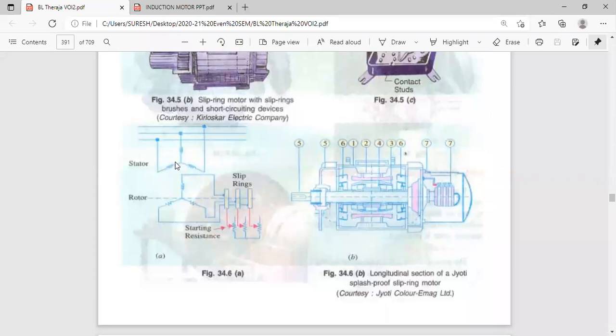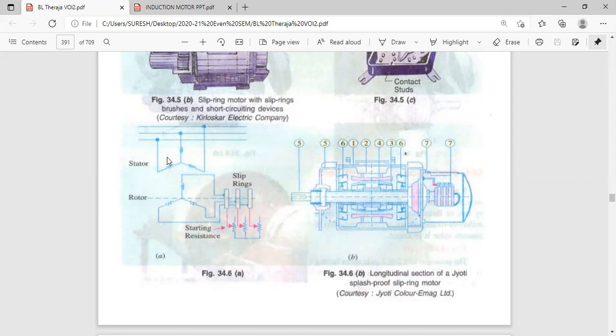Around current I1, phi1 is developed. Around current I2, phi2 is developed. Around current I3, phi3 is developed. Because of these three currents, flux is developed. But rotor winding is not connected to any three-phase supply. Due to mutual induction between the stator and rotor windings, what is the principle? As in a transformer, due to mutual induction, EMF is induced in the secondary winding. In the primary winding, due to its own current, flux is generated. Part of this flux is linking with the secondary coil, and EMF is induced in the secondary coil. The same principle is used here.